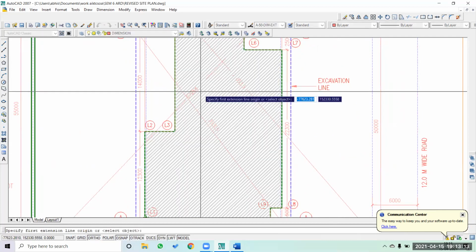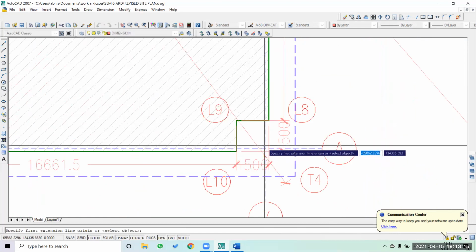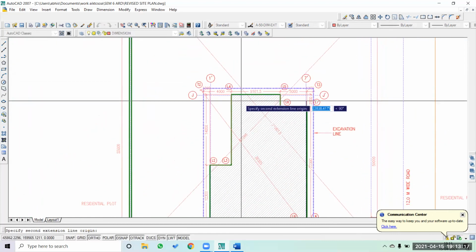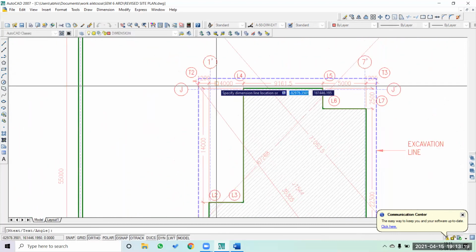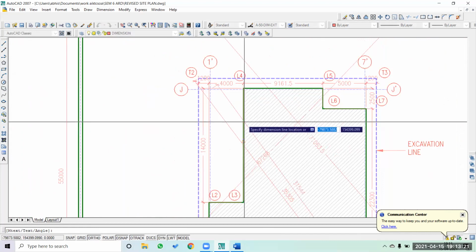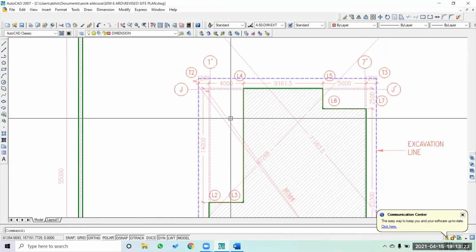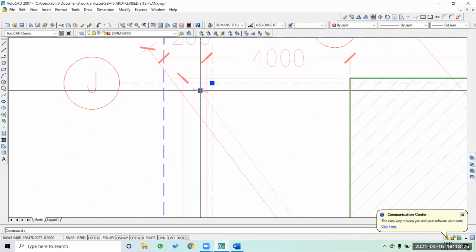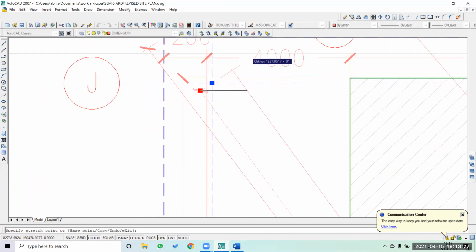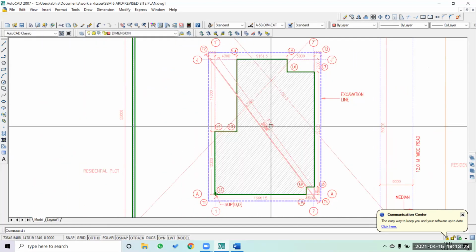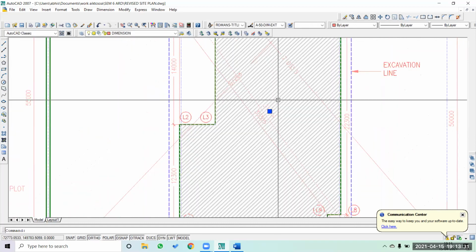We have to give the diagonal dimensions of the center line again, as it's a rectangle, it's going to have its own diagonal dimensions.